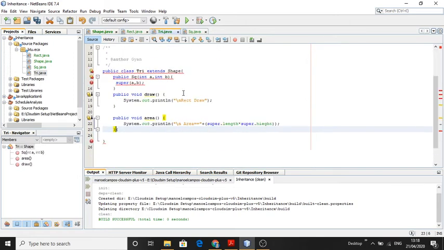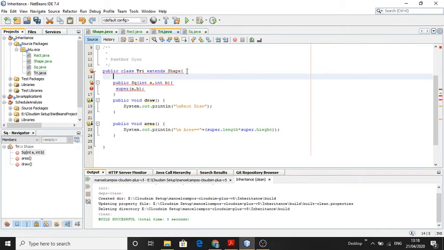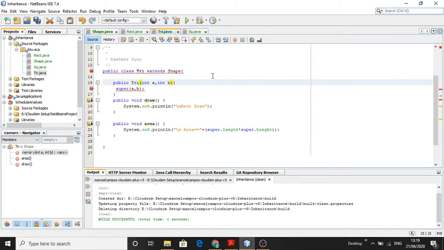So just put Shape here and delete here. Just Tri, triangle. So now we change the area formula.